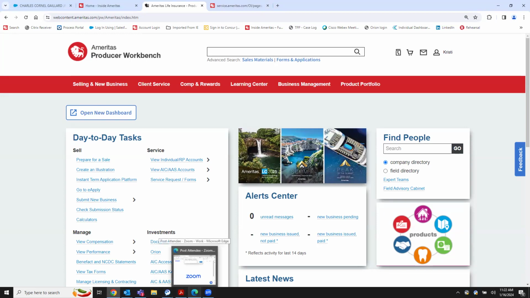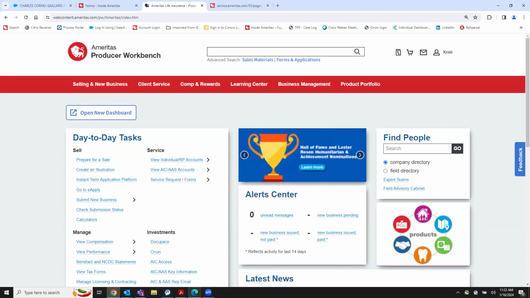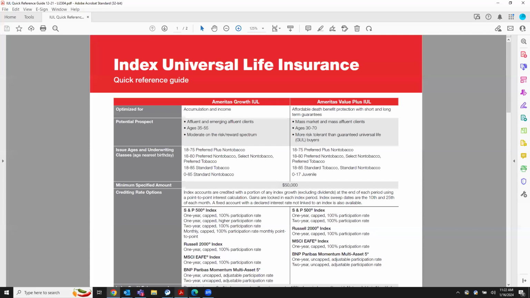So I'm going to bring up an old one. Okay, so you should be able to see my IUL comparison that has the Growth IUL alongside the Value Plus